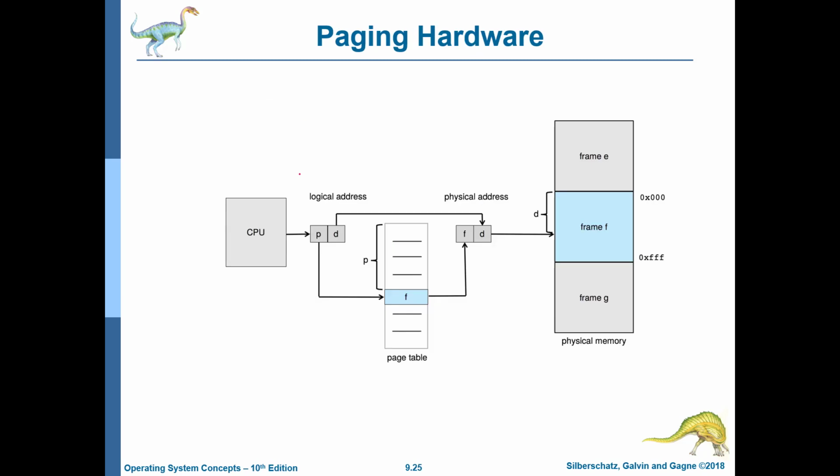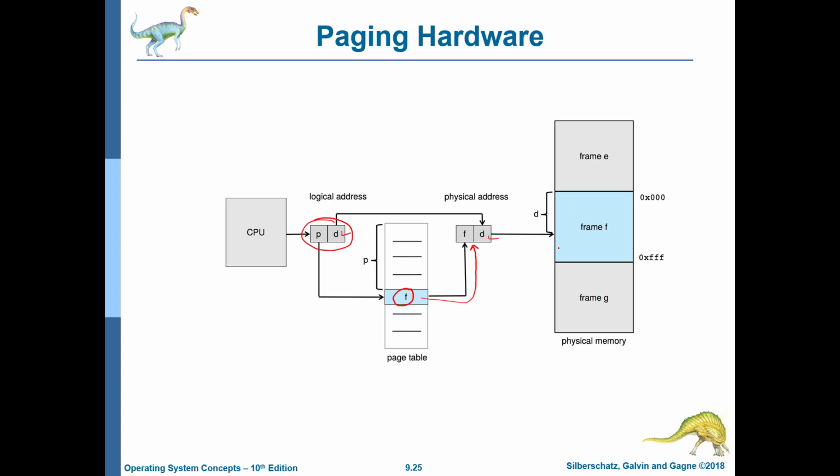So the address that the CPU generates will have these two components. As you can see, the offset remains the same, but the page ID is used to access the page table. We will look at how that is designed. But let's say it's a linear array where for all possible page IDs we have one entry, which is extremely inefficient, but let's assume it is so, conceptually at least. Then at the pth entry you'll have the frame number. The frame number is then used to construct the physical address, and the physical address is subsequently used to access the frame.